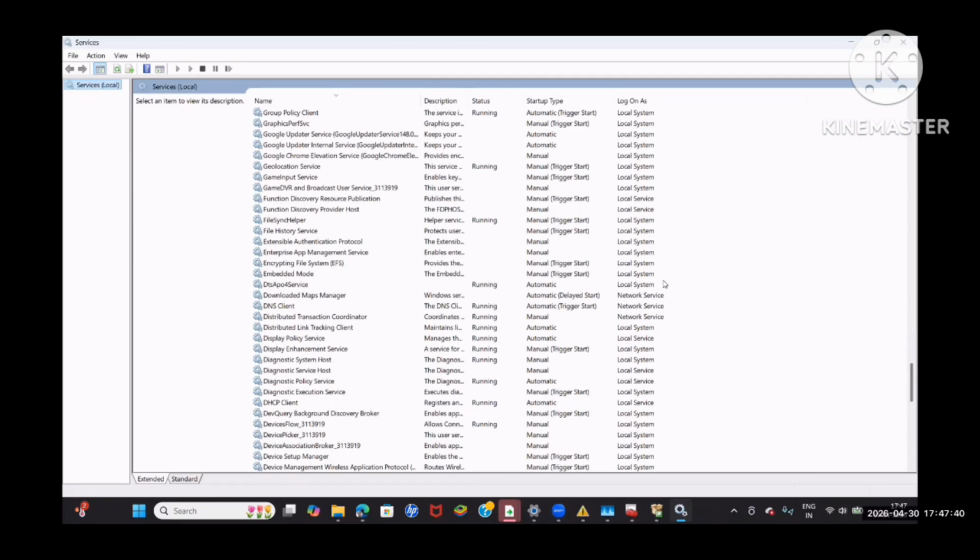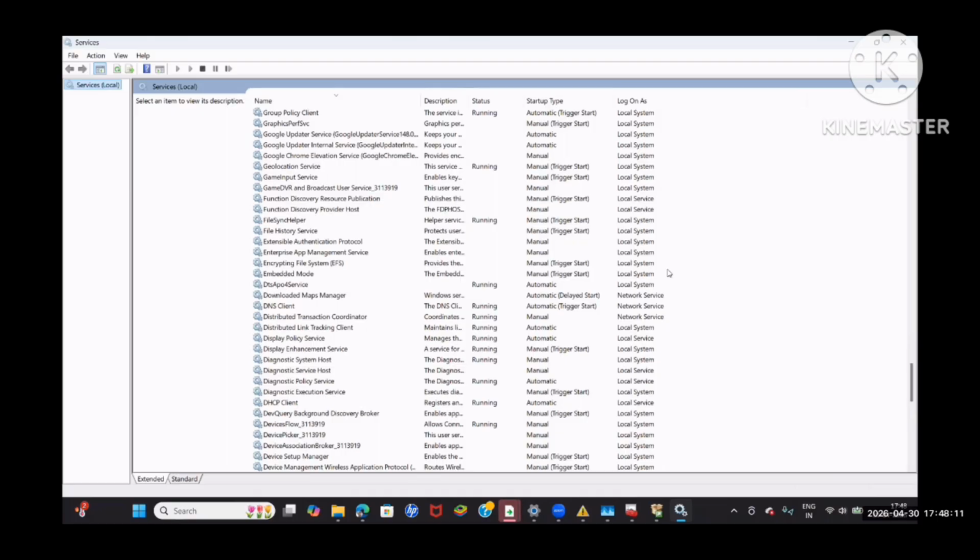Almost all Windows-related services run with three accounts: either local system, local service, or network service. By default, when you install the operating system, these three local accounts are created.